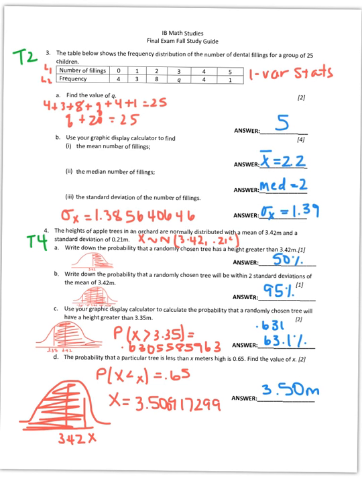So the first one is only worth 1 point, so your normal curve won't actually give you any partial credit on this one, because it's just testing that you know that to be greater than or less than your mean is 50% of your data. So if you are greater than 3.42, which is our mean, then that's 50% of the data. You could have also done this in your calculator if you didn't remember that, but that's just testing that you